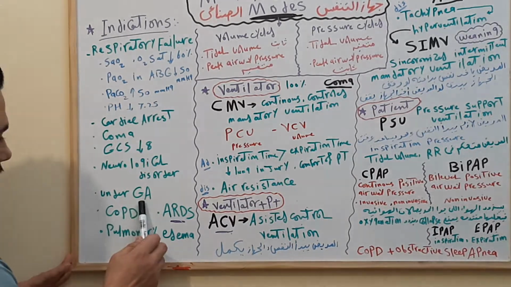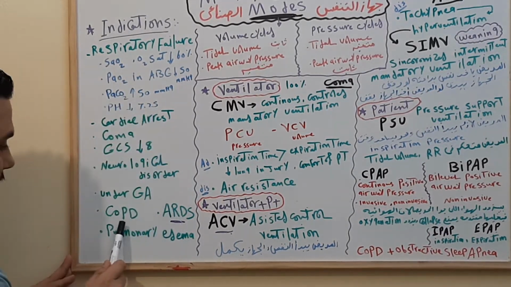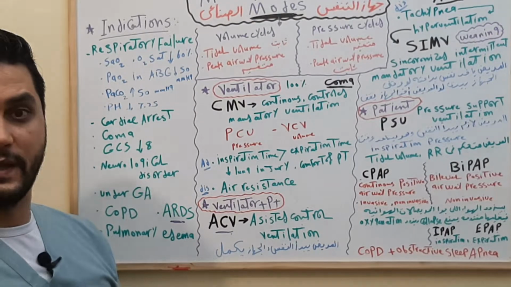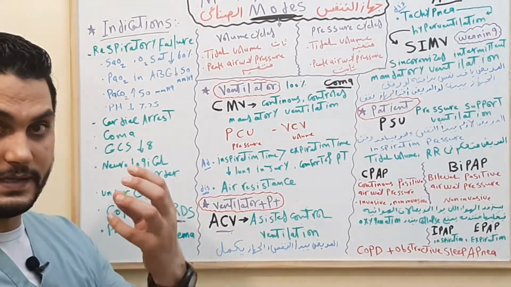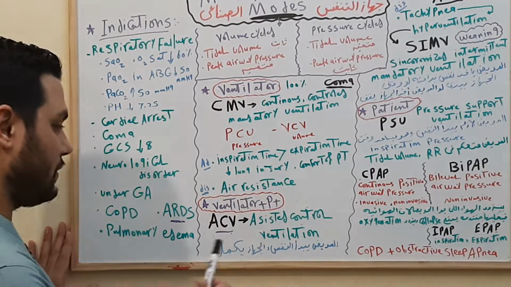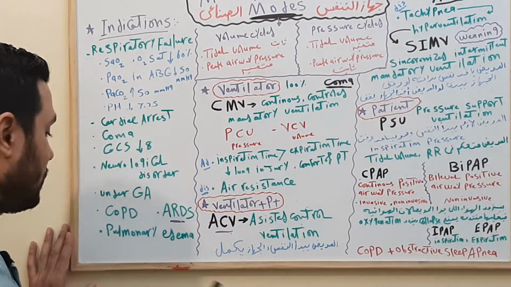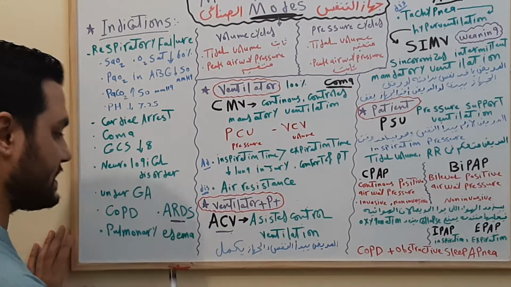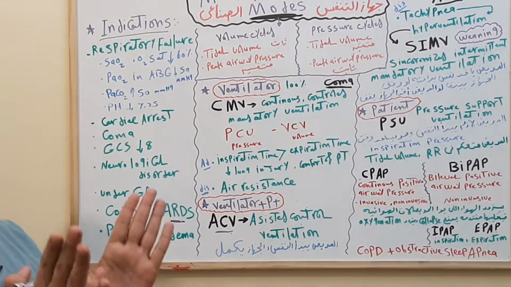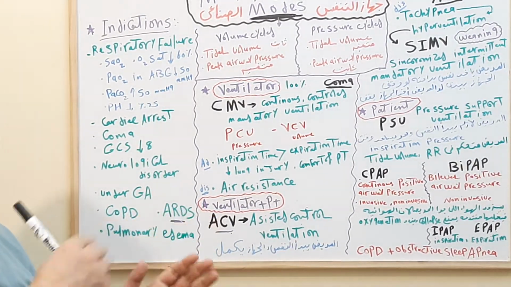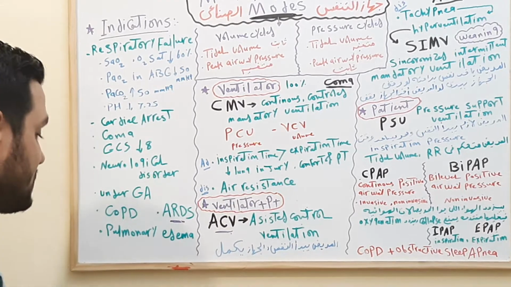Other causes of respiratory failure, like COPD. At this time in COPD, the doctor may put the patient on non-invasive CPAP instead of putting in a tube. If the case is worse, the patient needs an intratracheal tube and a mechanical ventilator. In the case of ARDS, acute respiratory distress syndrome, the lung is collapsed, so we need to put the patient on a mechanical ventilator to open the lung and maintain the oxygenation of the patient.